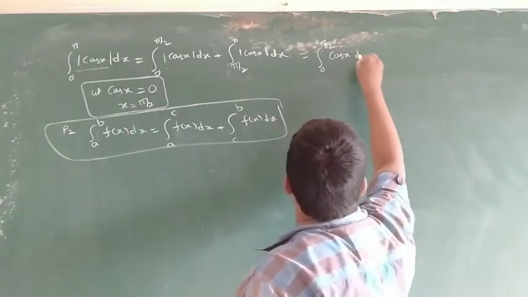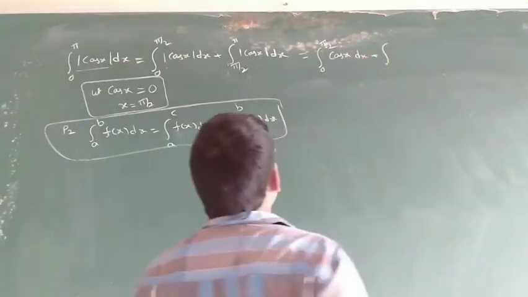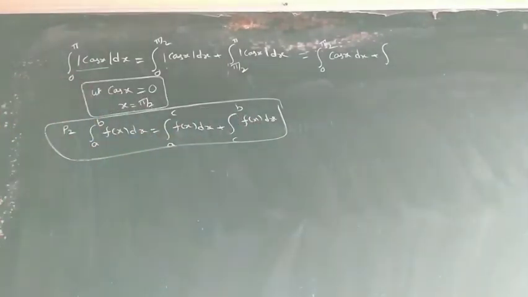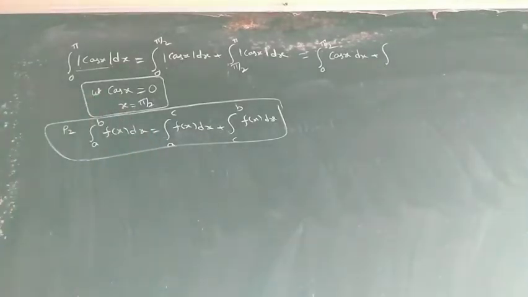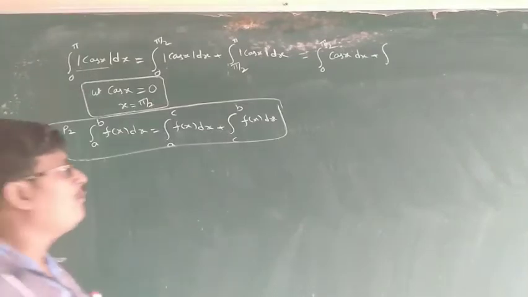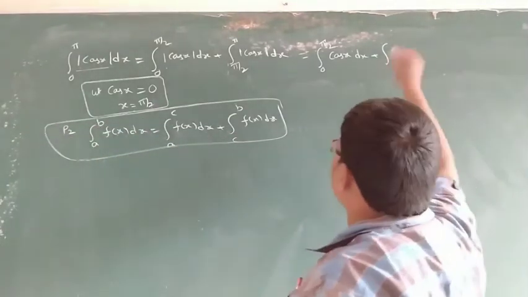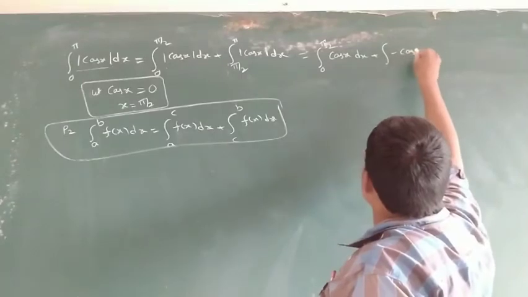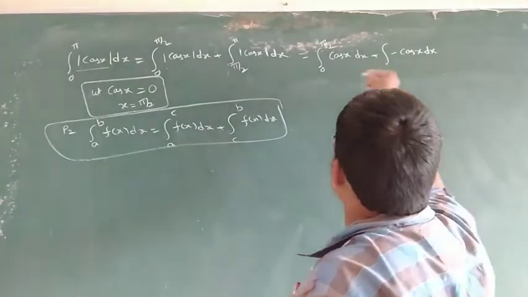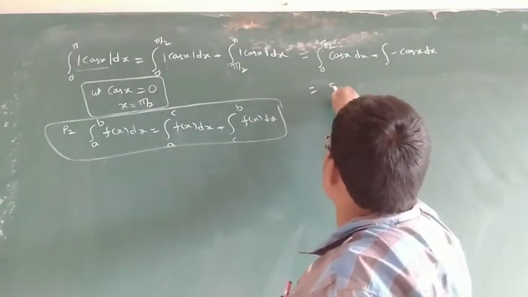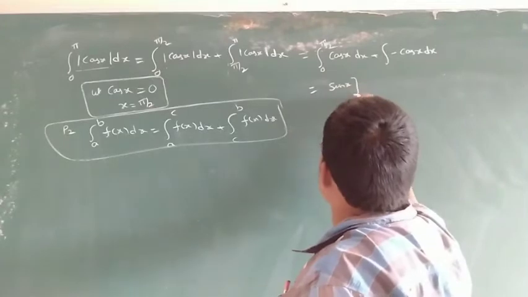Next, pi by 2 to pi, 90 to 180, which quadrant? Second quadrant. In the second quadrant, only sine and cosecant are positive, the remaining are negative. So in the second quadrant it is negative: minus cos x dx. So that is equal to the integral of cos x, which is sin x, from 0 to pi by 2,